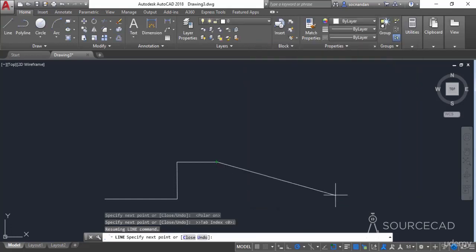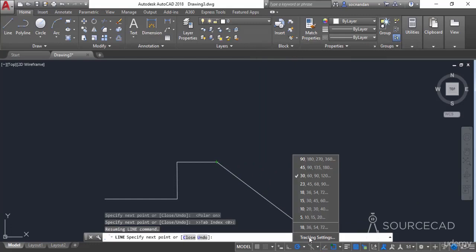Let's now click on OK, and now click on this arrow again, and you'll see that here we have 18, 36, 54 and 72 angles. Although currently you won't be able to see the exact 17.5 degrees because the precision of angle is set to 0, and we need to change that precision value in order to see the decimal points.